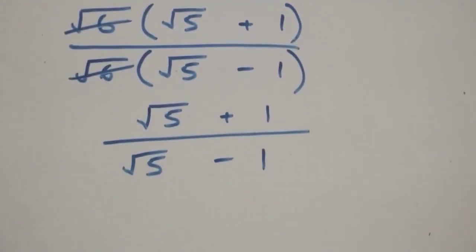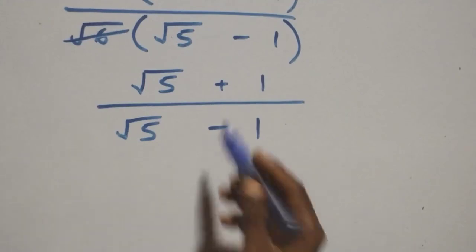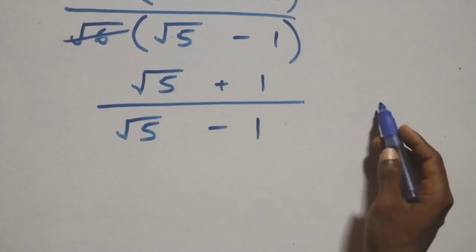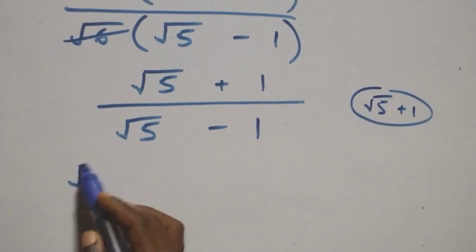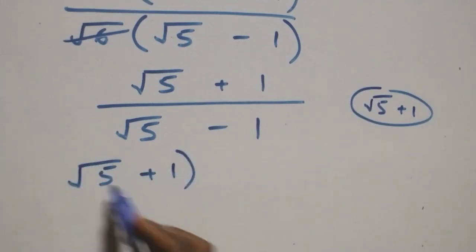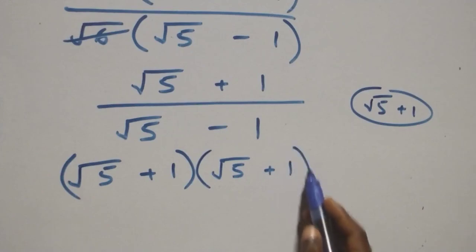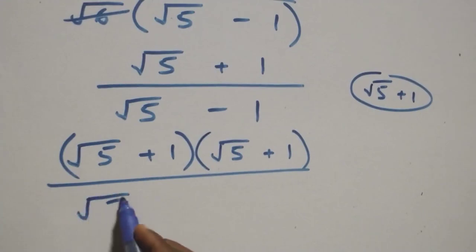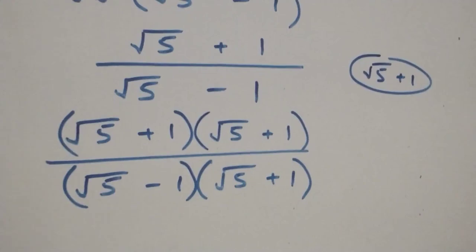The next step here, we rationalize this and multiply the numerator and denominator by the conjugate of the denominator, which is root 5 plus 1. So use this to multiply, and what we have becomes root 5 plus 1 multiplied by a conjugate, which is root 5 plus 1, also divided by this, also multiply the conjugate. That is, we have root 5 minus 1 multiplied by root 5 plus 1. Then